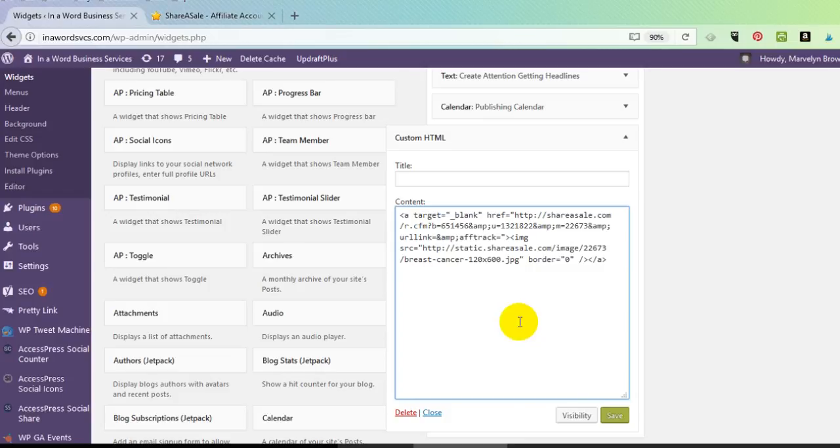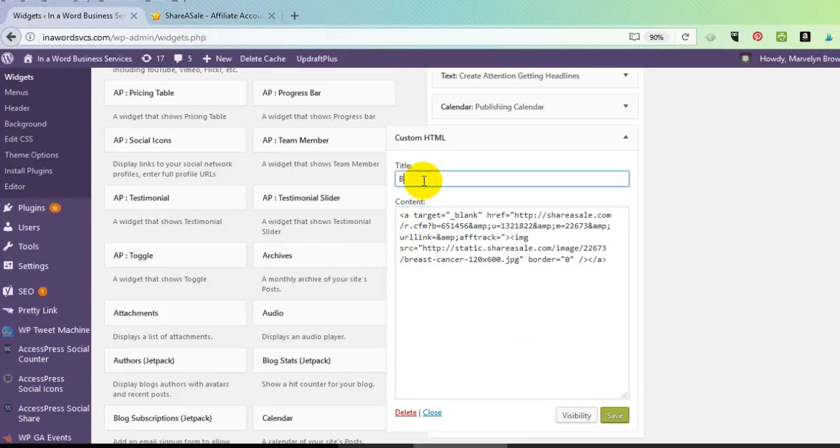And most of the time, if you become an affiliate, or if you become associated with different companies, they will provide you with the HTML that you need to put ads or different things on your site. So you don't have to know code, you don't have to be a programmer,